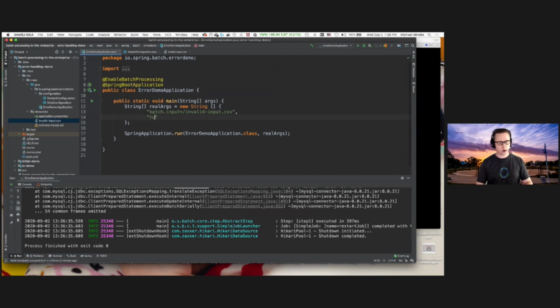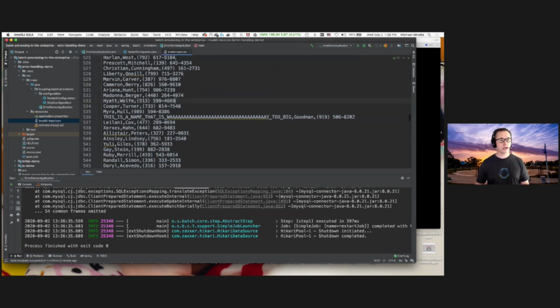Now, I mentioned before that run ID incrementer, every time you run the job, it'll give you a new one. We don't want that to happen this time. We want to restart the old one. So all we need to do is pass in the old one, and Spring Batch will take care of that for you. So that's the logic we need to restart. Now the only thing we need to do is we actually need to fix the file. So we'll do Josh, for example. Go ahead and run that again. And so now if we run it,